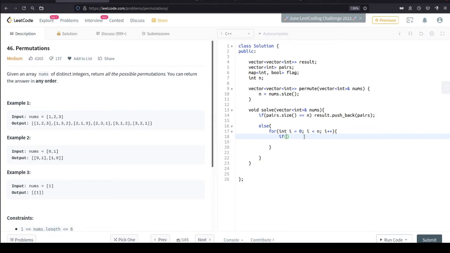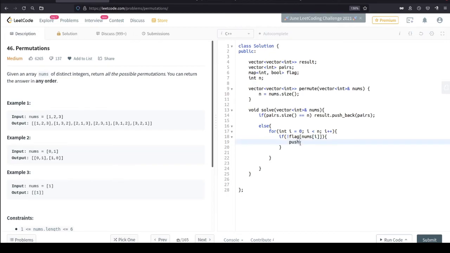So if not the flag of nums[i], then only, what this will do is, if the flag of that number is true, that means it is taken. So whenever it is false, we will go inside this; if it is true, we will skip this number.